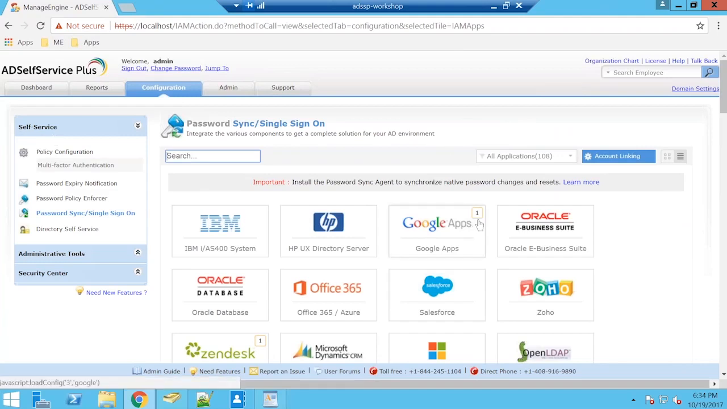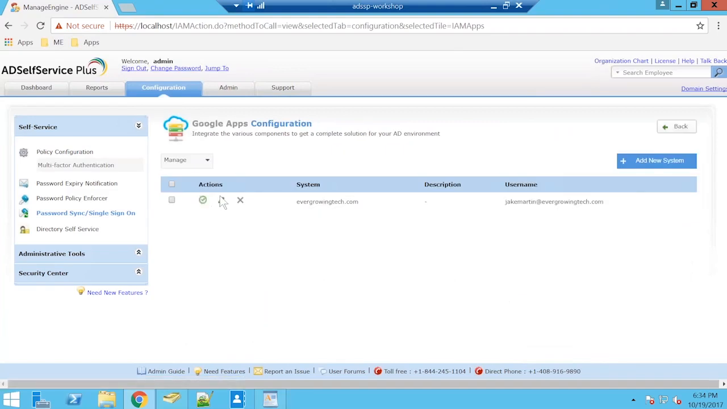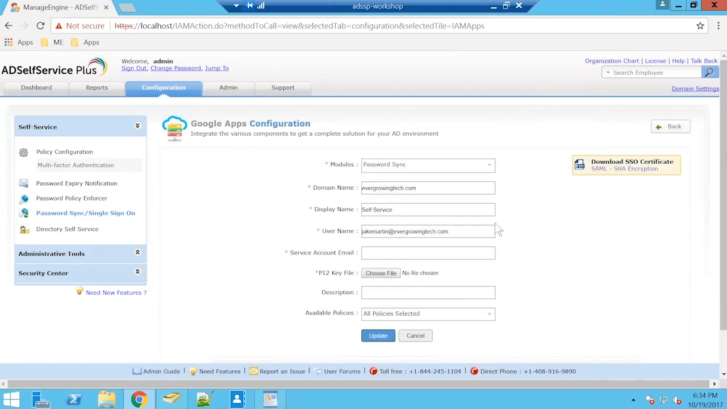And you can see that I've already done the setup for Google applications. So I'm going to quickly click on edit and show you what I've done. The module that I've chosen is password sync. The domain name is evergrowingtech.com. I've listed the display name as self-service. Also, when I did the backend configuration, I've done it for the admin account, that is jakemartin@evergrowingtech.com. I've also given the service account email, which you will be able to find in your Google admin configuration